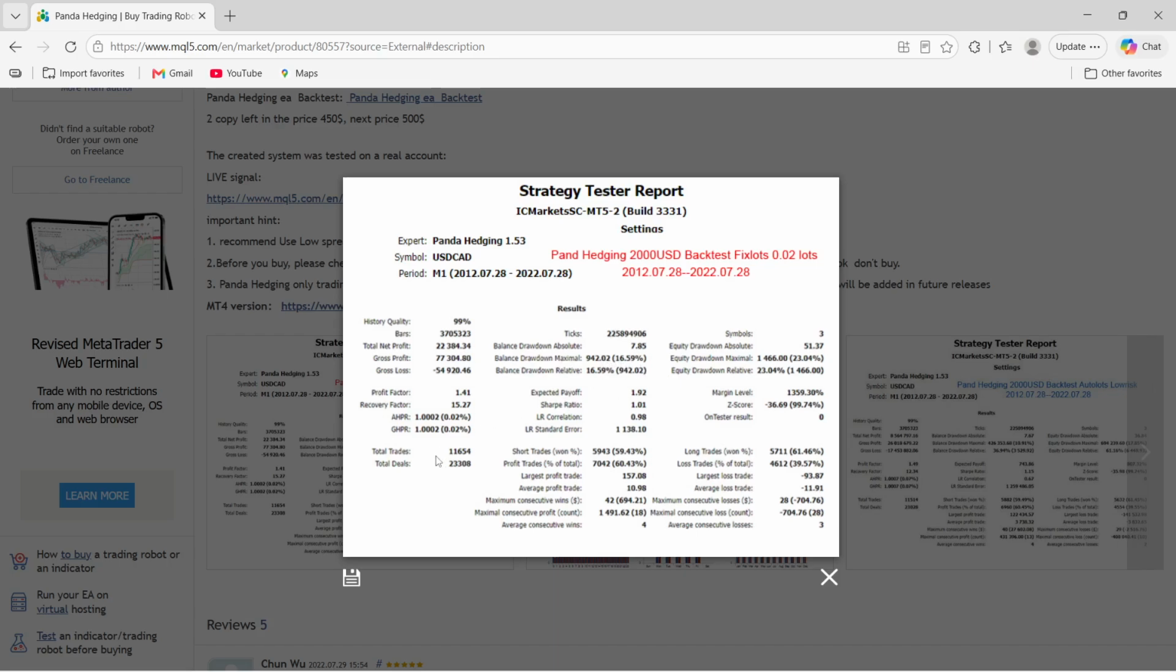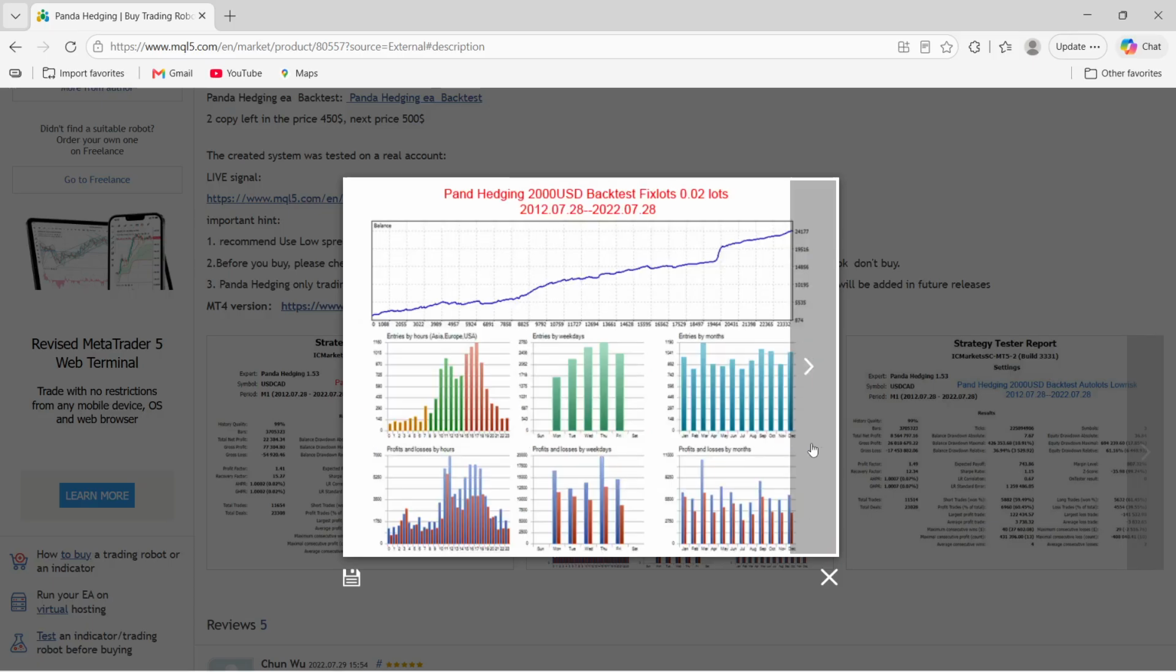The total trades taken over the period were 11,654 trades in total. You can see profit trades, percentage total profit trades were 60.43%. All right. So as you can see, the developer also shows some charts breaking down entries by hour, weekday,